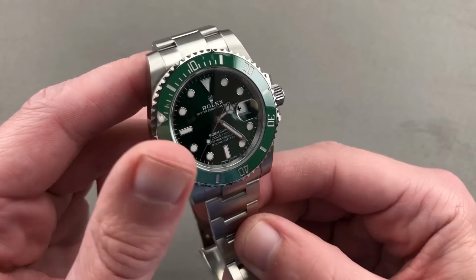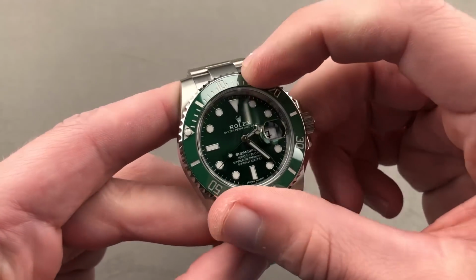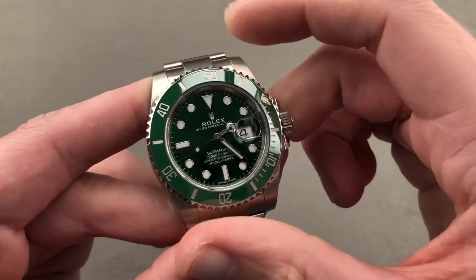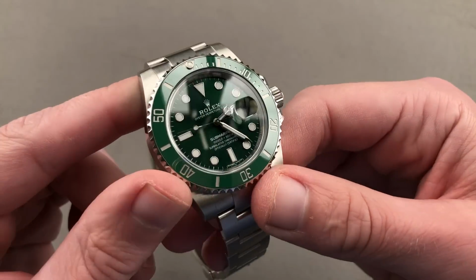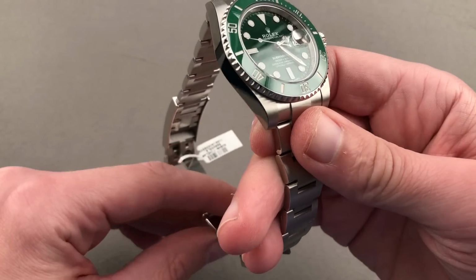Okay, let's take a look at three watches that really peg the meter. Sports watches all, we're starting with a big piece. Now, though this watch has been around for 10 years, it has never been hotter than it is right now, especially given its recent discontinuation. The Rolex Submariner Hulk,